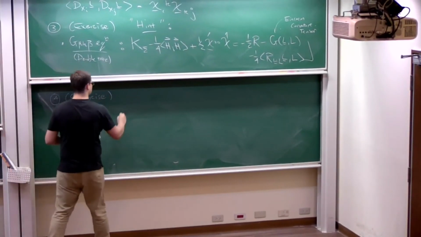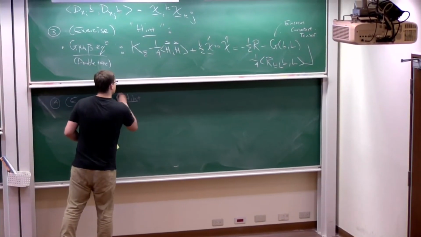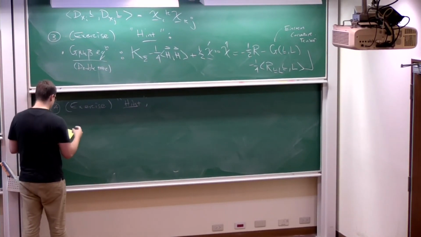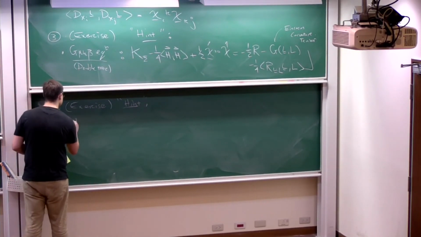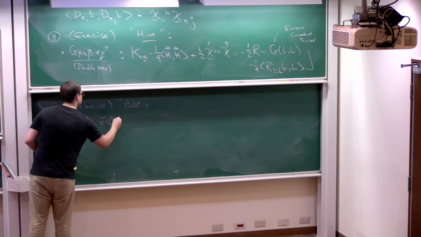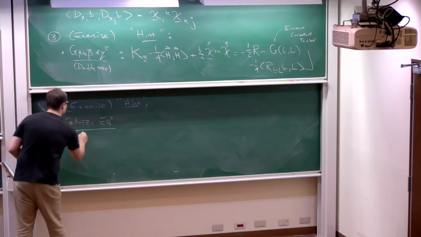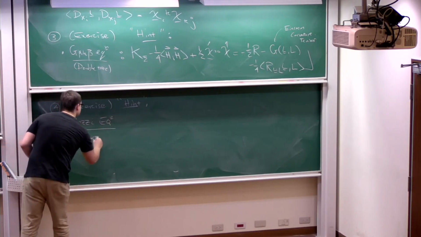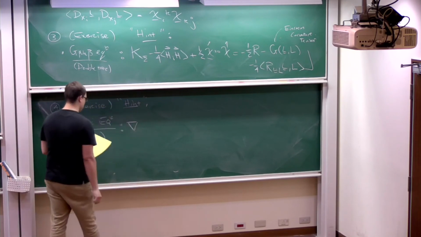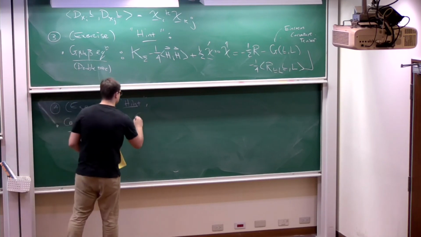Maybe a little less painful, but the hint here is the double trace of the Codazzi. Well, excuse me, the trace of the Codazzi, not the double trace. Codazzi equation. And here I'm just taking one trace. And what we end up with is the connection on sigma